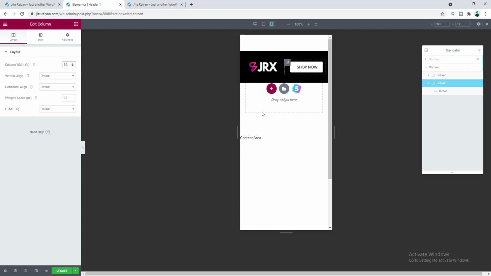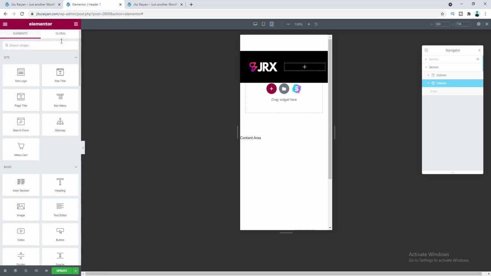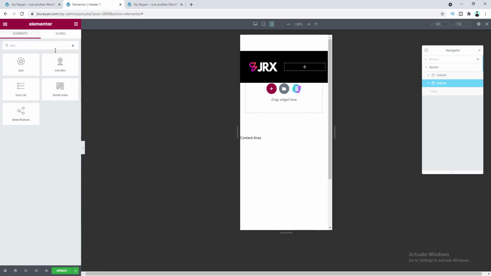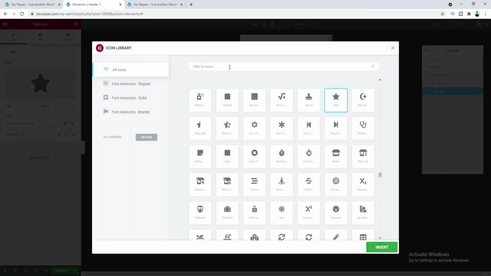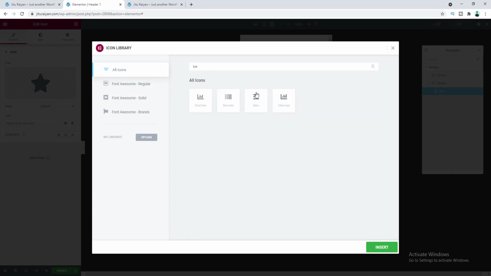Okay, but here on this left side I don't want to show this button, so let's delete this. Instead, here I want to show our menu bar icon. So for this, let's search for an icon widget and drag this to here, and I want to change this star icon to our bar icon. Let's search for bars. Okay, select this one,